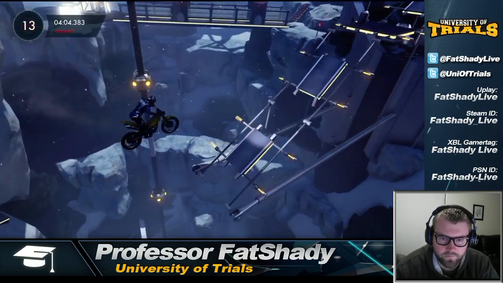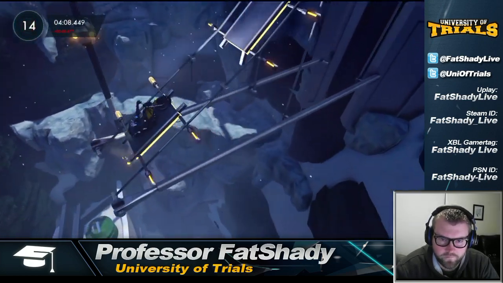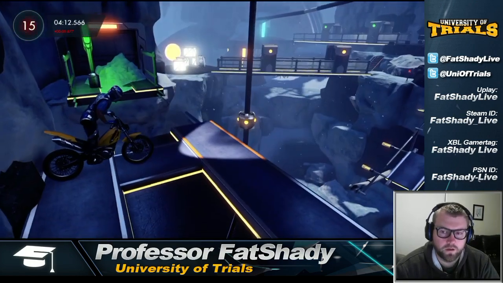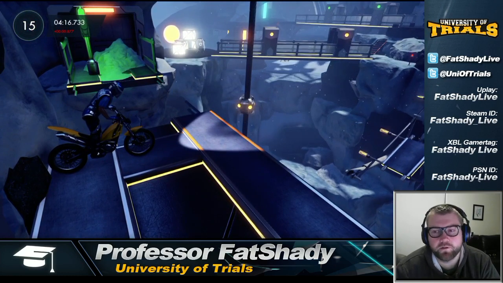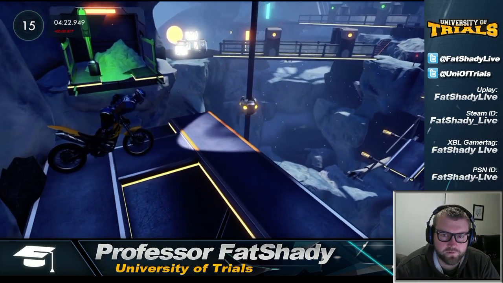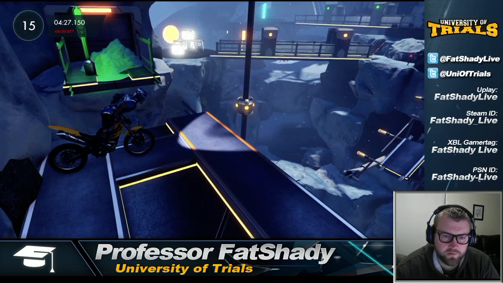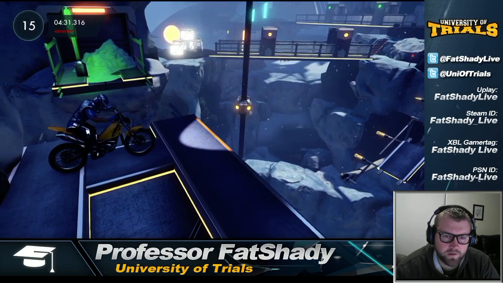And you see that? There we go. Look at that. Nice and easy. The second part of the jump is the bunny hop here. The reason why this is so difficult, and it's going to be very difficult for me to explain, is as you're in the air, you're going to be leaning forward as you launch from this. While you're in the air, you actually want to sit back on the bike to get the bike into the right... actually,